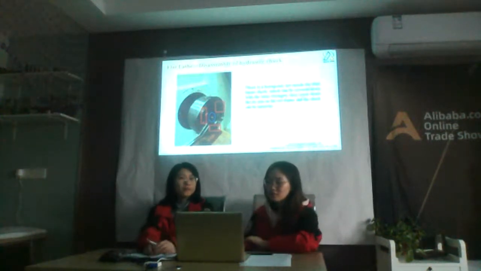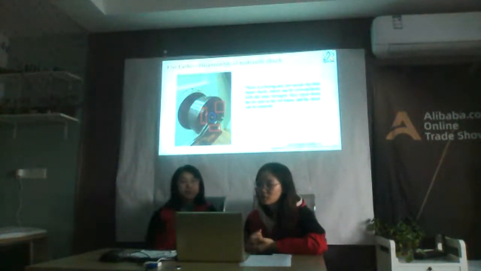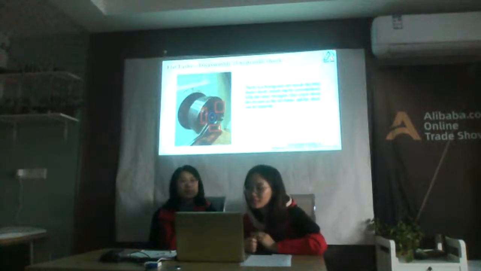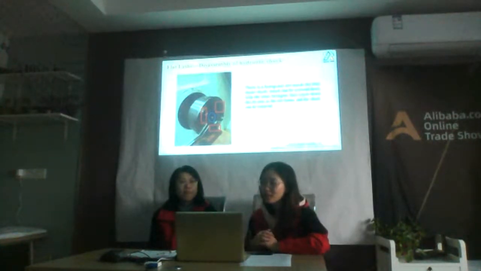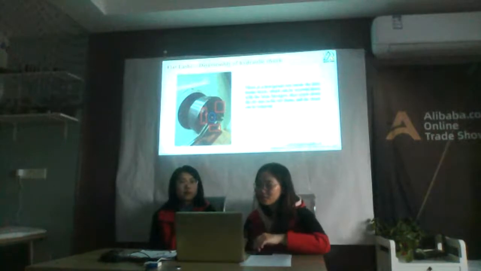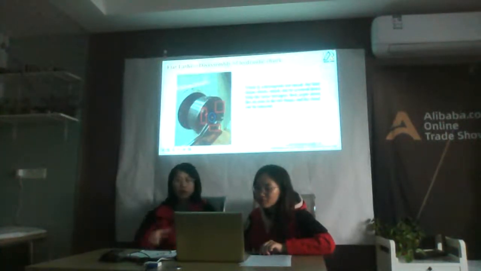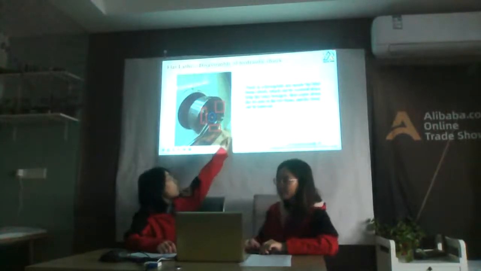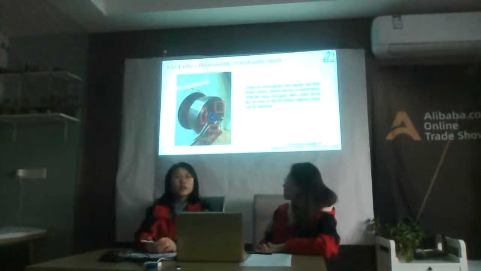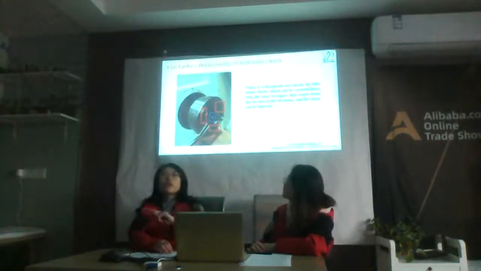The part is our hydraulic chuck, and we can see the inside of the blue chuck, which can be screwed down with the inner screw, so we can fix it. Right. For this picture we can see this chuck we equip